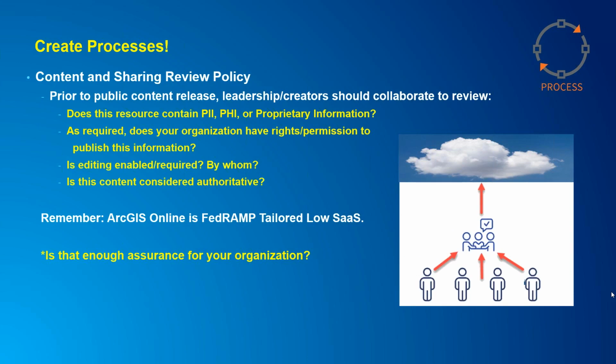So the first process that I'd strongly recommend is a content and sharing review policy. I would say that prior to releasing content publicly, if leadership and constituents and creators get together and collaborate around a table and review some basic attributes of the information that you're working with. For instance, does the resource that you want to share contain any personally identifiable information? That's PII. PHI, which is personal health information, or does it contain any proprietary information or anything like that, like